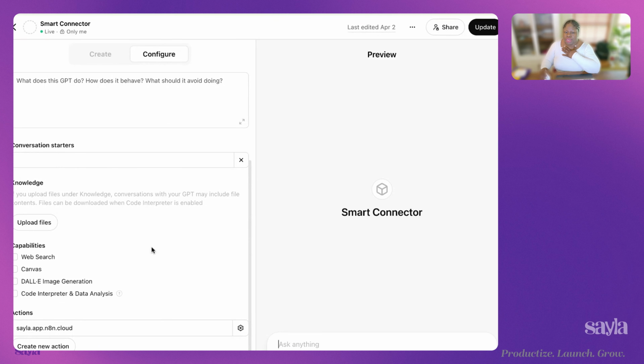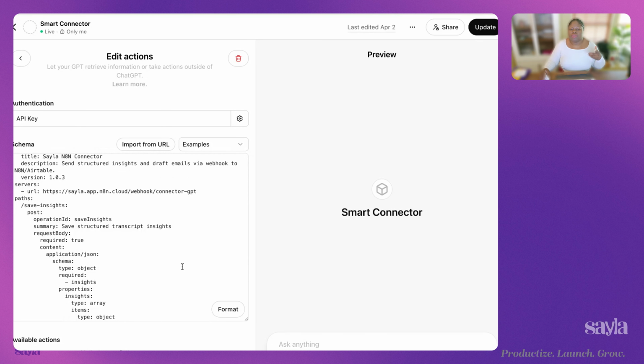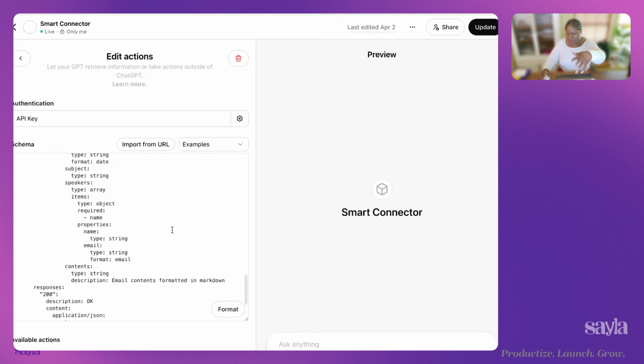Yes, ChatGPT can be an advisor, but you can give it actions that actually tell it how to interact with other systems. What I've done is I actually used their GPT to help me build this, so I didn't write this from scratch. I told it, hey, I have these two webhooks in N8N, these are the URLs, and this is the data it needs. And ChatGPT wrote this whole specification for me. I didn't have to write that by hand.